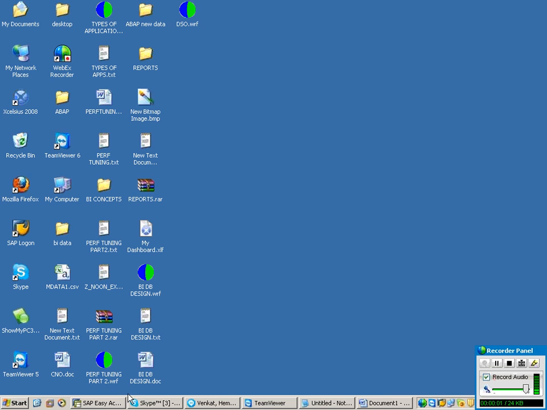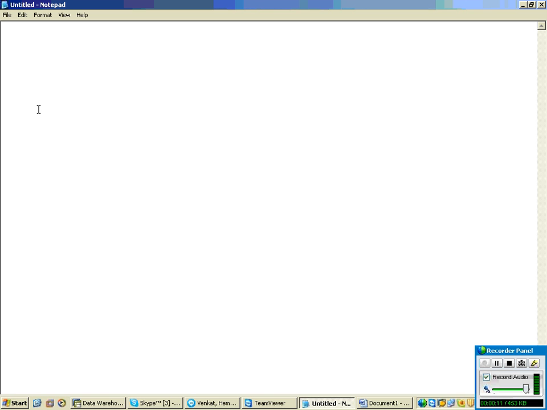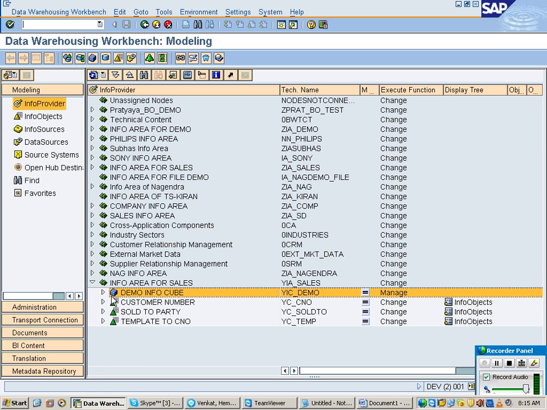We have loaded the data, but right now I want to see what data is there in my info cube. So now I'm going to show you how to see the contents of our info cube. Okay, so how to see the contents of this particular cube is, so this is the cube which we have